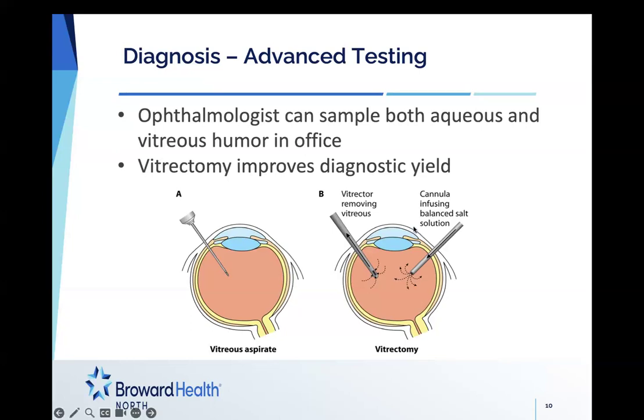And then also it's accompanied by a cannula, which is going to infuse a salt solution. Within the vitreous humor, it is like a fluid and it needs to be replenished. Like I mentioned previously, it doesn't regenerate like the aqueous humor does. So we need to make sure that we're using that balanced salt solution to replenish what we're taking out. And then also it helps wash the eye. So it's another means of helping get rid of the bacteria.